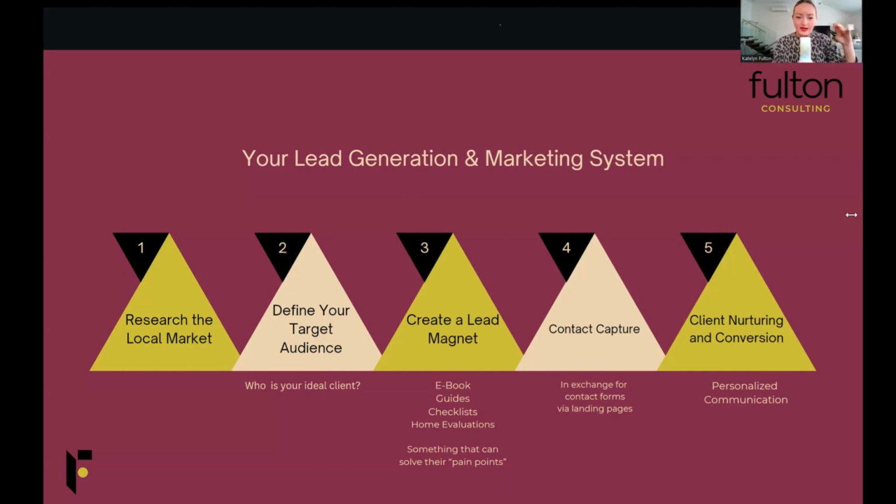So think of different ideal clients. There's thousands of clients. You can look this up and find different things that you can provide for them that's going to solve their problems. But at the end of the day, when you guys are doing all these marketing efforts,